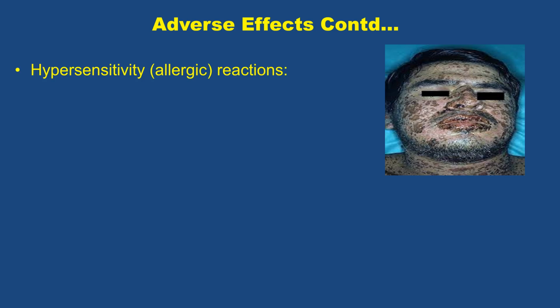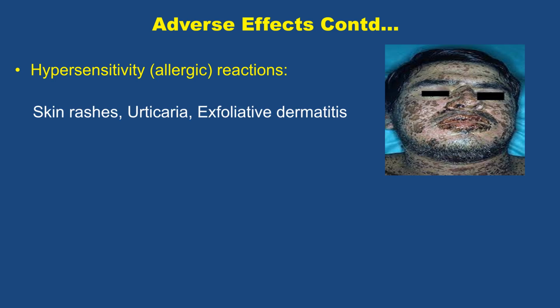Coming to hypersensitive reactions or allergic reactions. Hypersensitive reaction is very common in sulfonamide therapy. There may be various types, and it could vary from simple to severe. Simple hypersensitive reactions include skin rashes and urticaria, and serious types of hypersensitive reactions include exfoliative dermatitis, Steven-Johnson syndrome, and if the Steven-Johnson syndrome is not treated early, it can lead to toxic epidermal necrolysis. Apart from this,